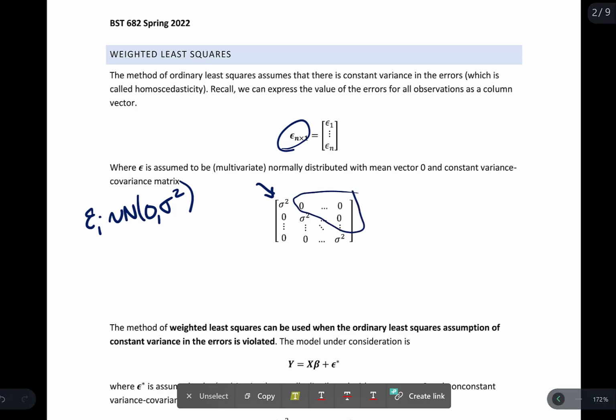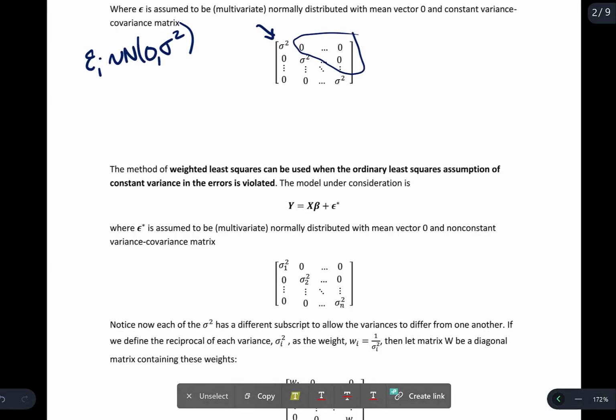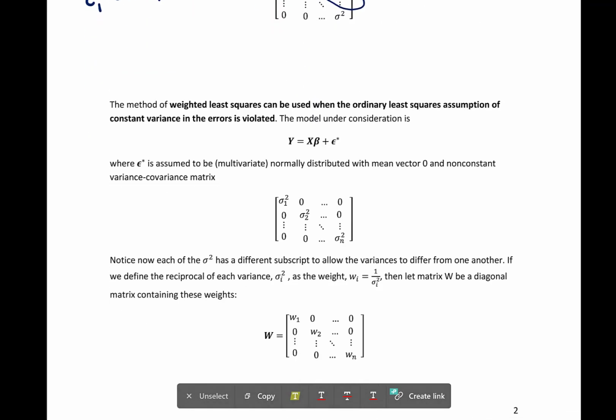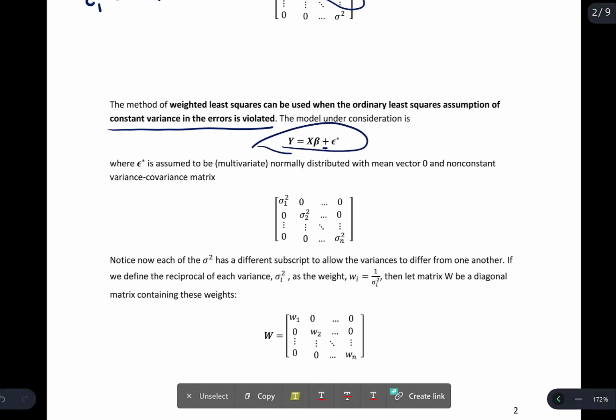So we have that the covariances are 0. The method of weighted least squares can be used when the ordinary least squares assumption of constant variance in the errors is violated. In other words, you have heteroscedasticity. Here we have the same model that we would have seen before, but notice that epsilon is now denoted with a star here. What's different from what we had previously is if we look at the multivariate normal distribution for that vector,